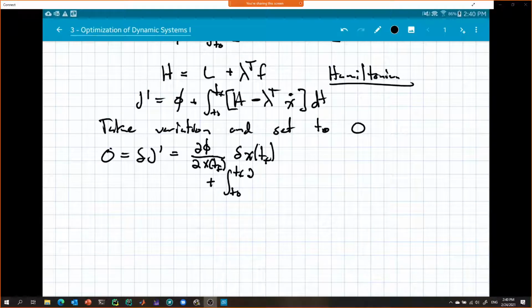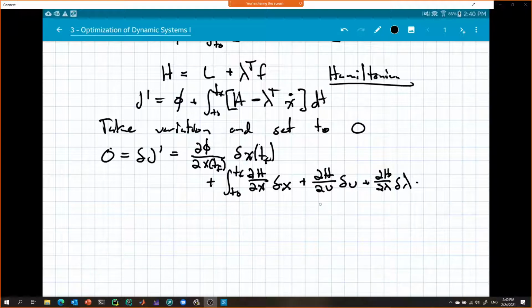So going back down here, we take the variation and set it to 0. So we have a terminal term, and then we have the partial of the Hamiltonian with respect to x times the variation of x, the same thing with respect to u times the variation of u, plus the partial of the Hamiltonian with respect to lambda, and then the variation of lambda,